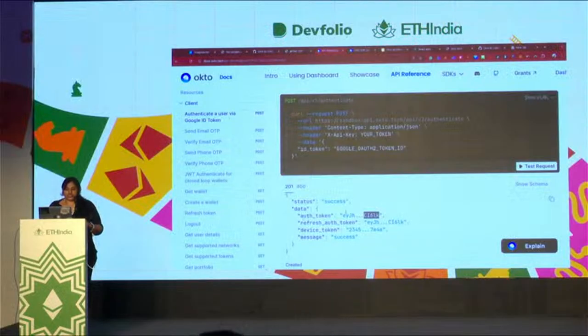So using this auth token, you can perform actions on behalf of your user. So basically, you as the vendor will have